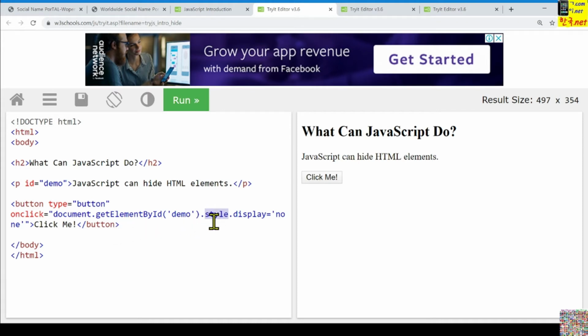The style, this is CSS style, and the property display, that value will be assigned with this none. Then nothing is here, because that display is containing none value.